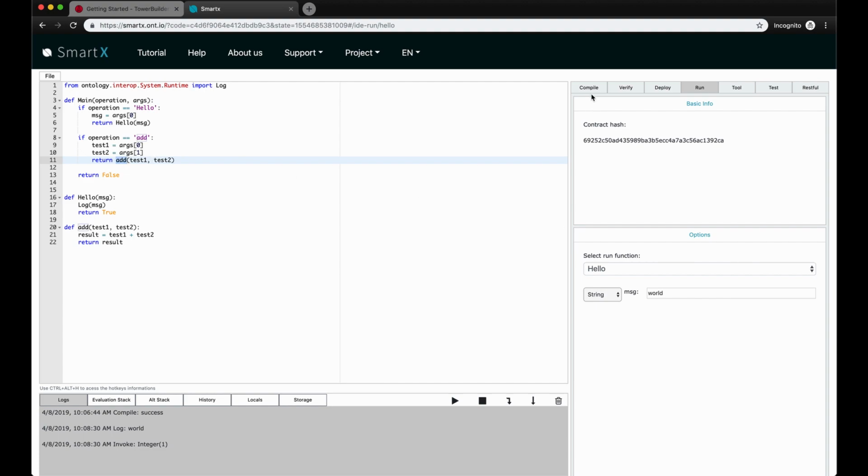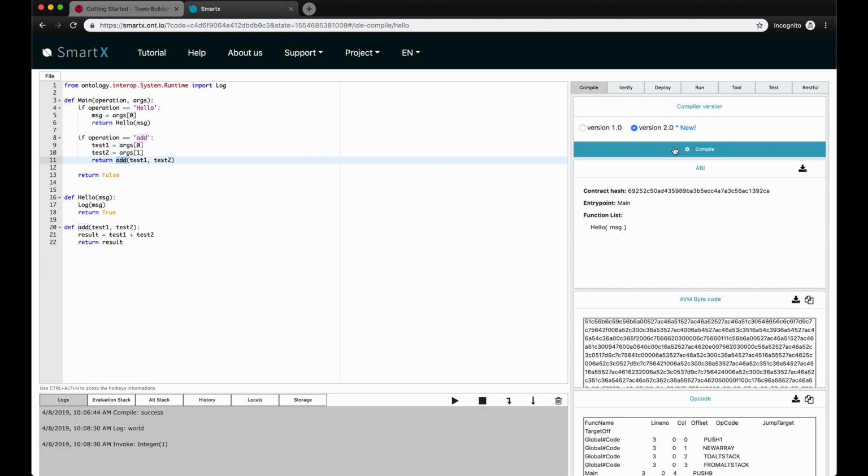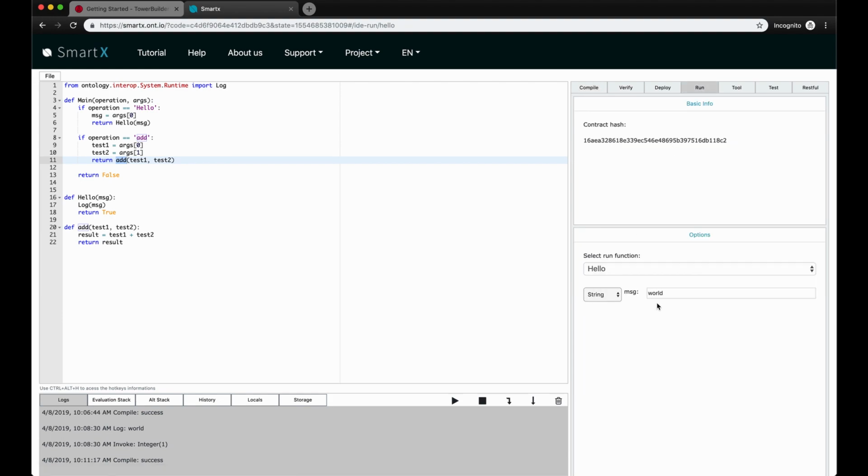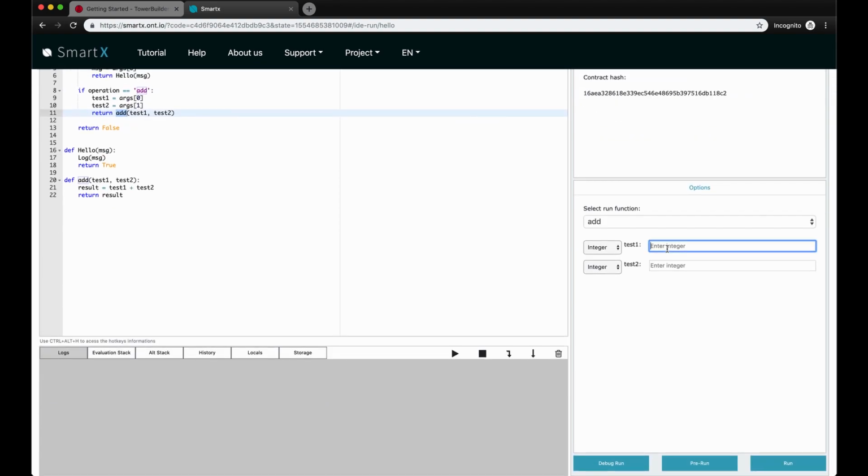So let's go ahead and compile that. And as you can see here, it compiled successfully, and we now have our add function with the arguments test1 and test2. So we can go back to run and select our new add function. We can select the input argument of type integer, and let's just clear out our console logs here, and let's just add 1 and 2